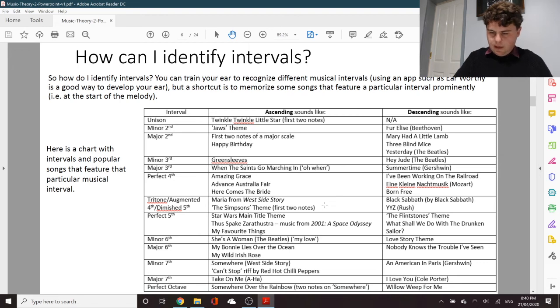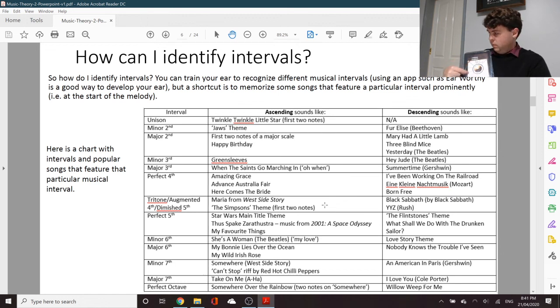So the app is called Earworthy. It has a few different functions. It has one you can just test yourself on guessing notes, like for perfect pitch training, intervals, scales, and chords. I'm just going to use the interval function for now. The great thing about this is you can customize which intervals you train yourself on. So just for the sake of an example, I'm going to turn off all the intervals but 2. So I'm going to have a minor second. That's the smallest kind of interval,